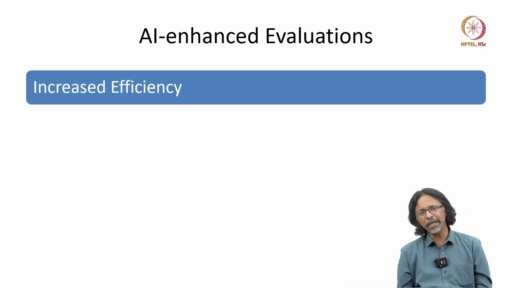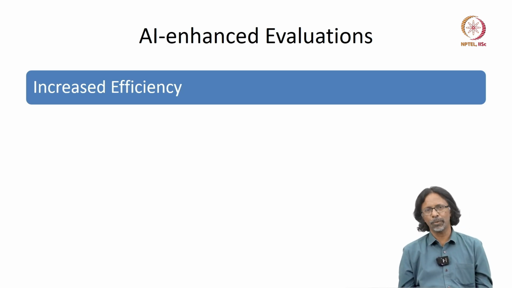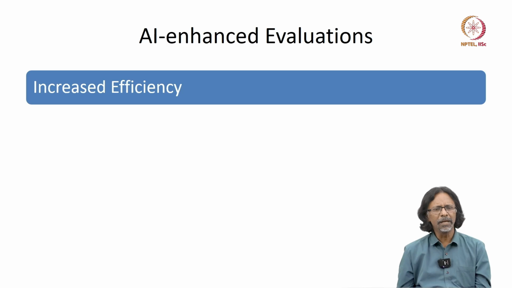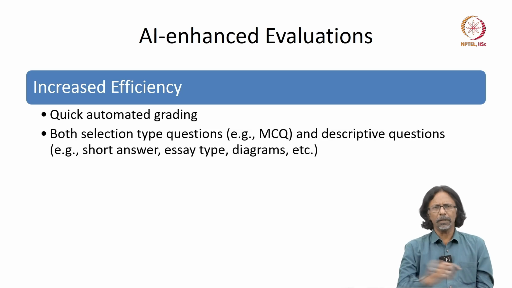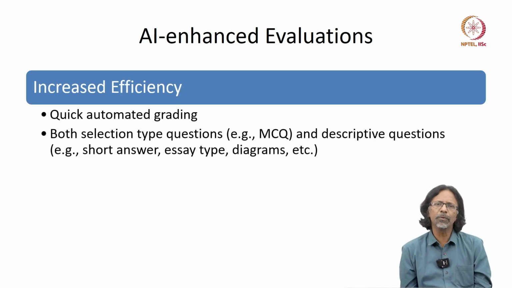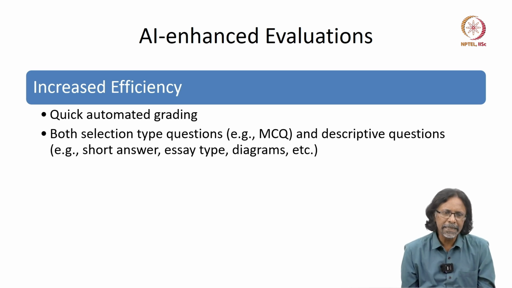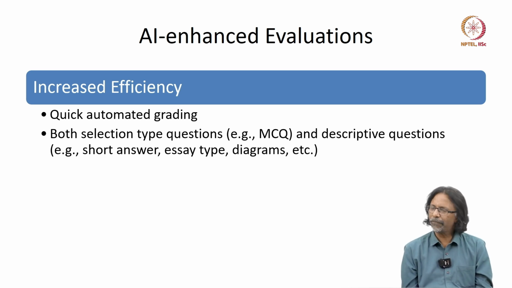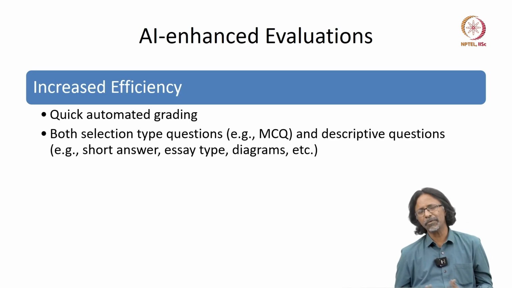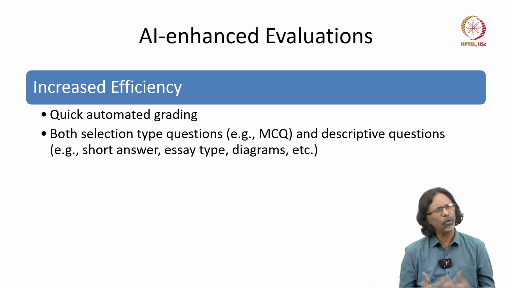Once we create those kinds of question papers, which are generally pen and paper based, we want to automate that grading. It can do that. Selection type it can do, but descriptive questions can also be done, right? These descriptive questions will contain, say, short answers, essay-type questions, diagrams. All of this can be